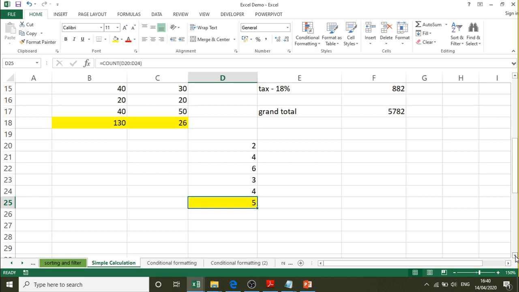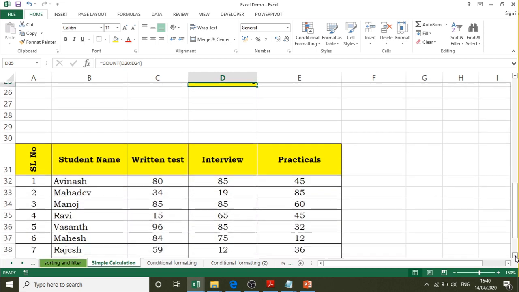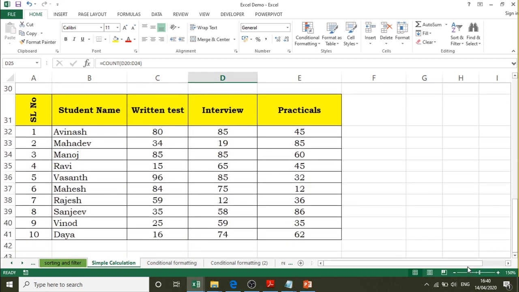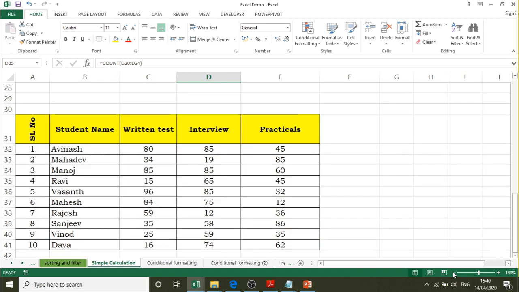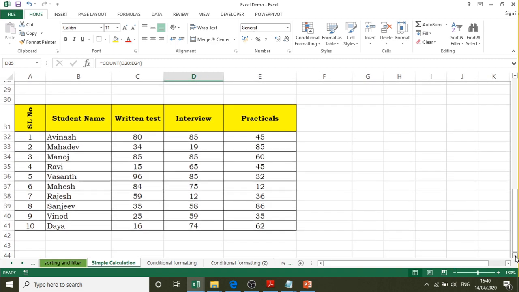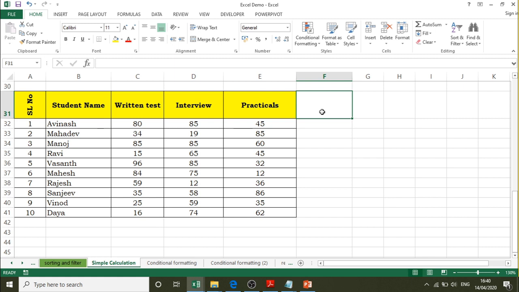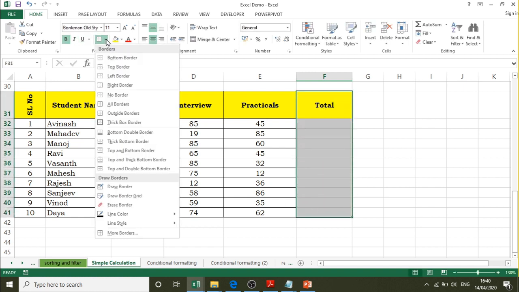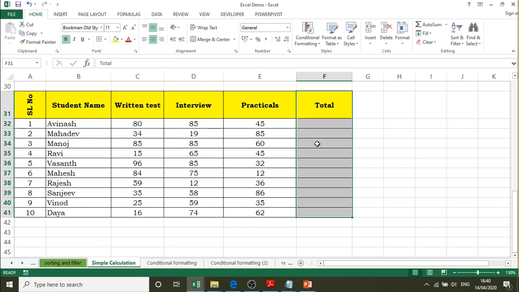So we will take up a small statement so that we will understand the functions better. We will add one column for this, and we will try to find the sum of all this.